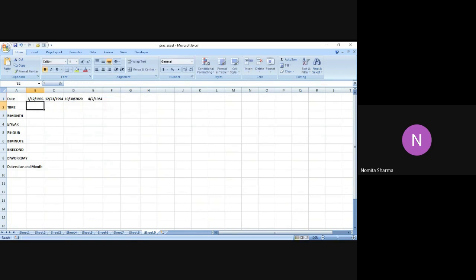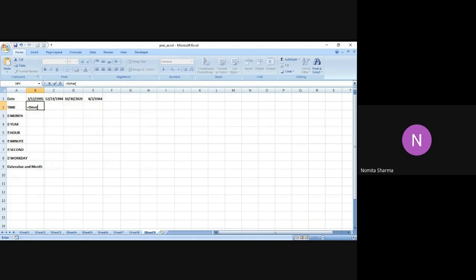Let me get going with the other function, that is time. If I say time, you will see that the moment I write equal to time, it will give me the meaning of the time. That is, it converts the hours, minutes, and seconds given as numbers to the Excel serial number formatted with the time format. Now I go further, and it will tell me the syntax as well. In a similar manner, we had the syntax for date where we were mentioning year, month, and date. In the time, we have the format where we have to mention the hour, minute, and second.